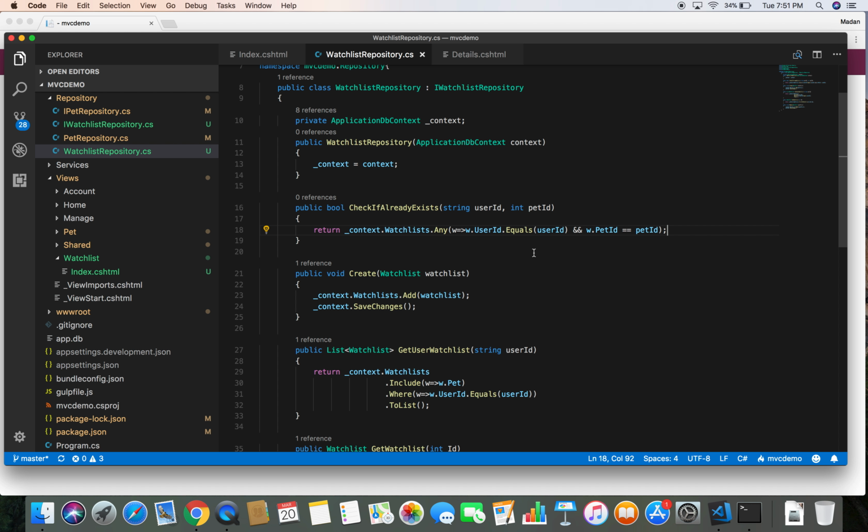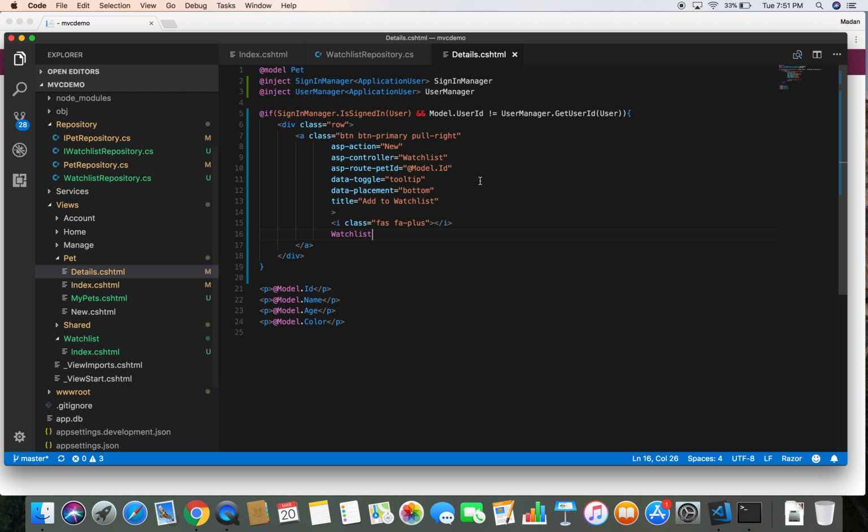Simply, it returns true if the pet already exists in the watch list, and it returns false if the pet doesn't exist in the watch list. Now we have created the method here. Now we need to bring this method to our view and provide the user the appropriate action based on the return value from the database. So let's go over to the details view of the pet controller, and here is our